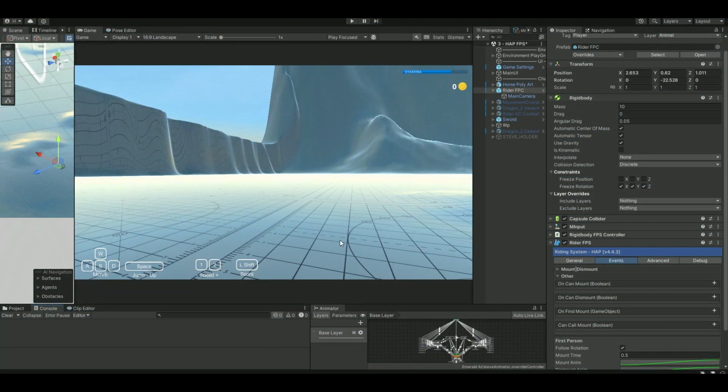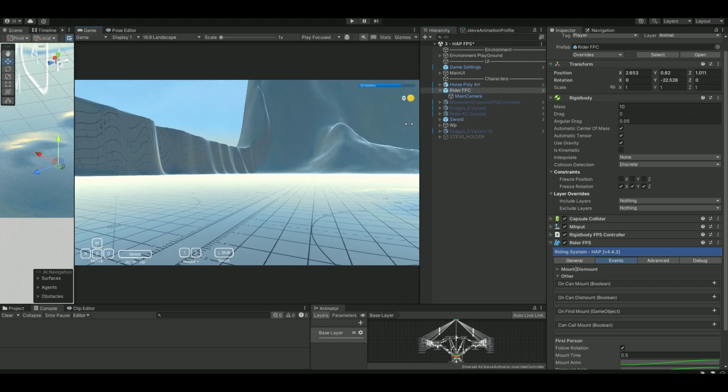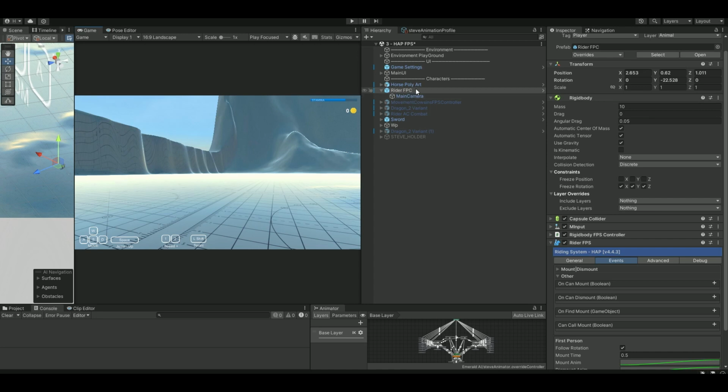We're looking at Horse Animation Pro. We want to integrate this with the awesome FPS engine. Okay, I have loaded up the demo scene here, HAP FPS, and if you see here, there's a default rider